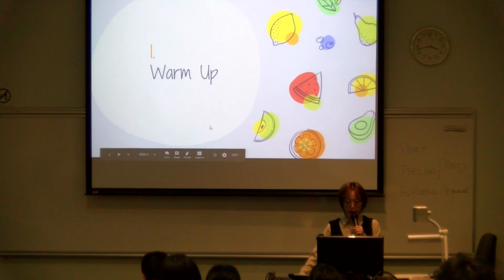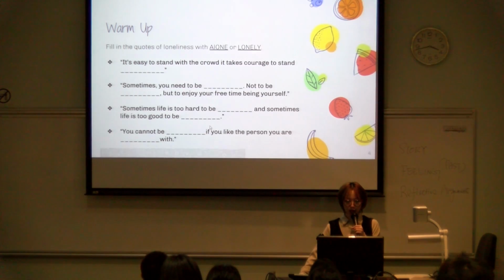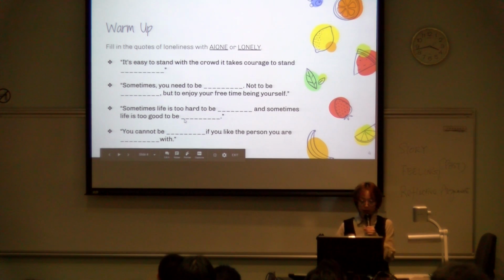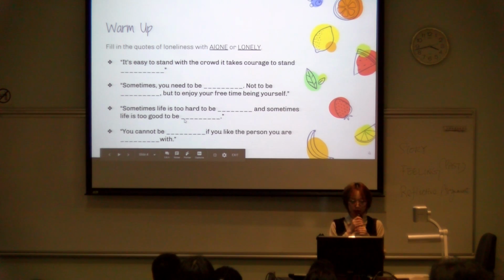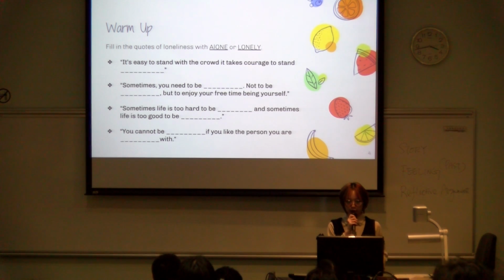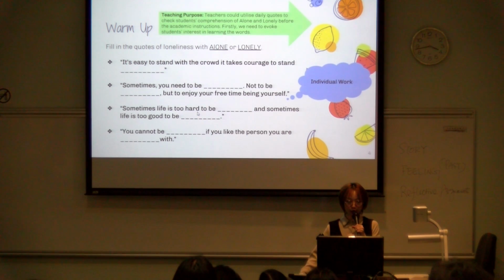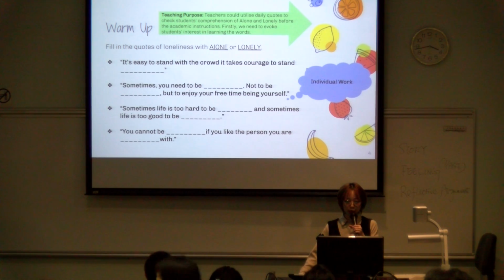The first part is the warm-up section. Here we extract some daily codes. We would like to ask students to fill in the blanks based on their personal understanding. As teachers, we use these daily codes to check their basic comprehension of these words before our actual academic instruction, and to invoke their interest in learning these words first.